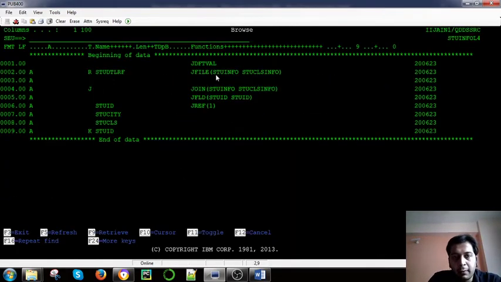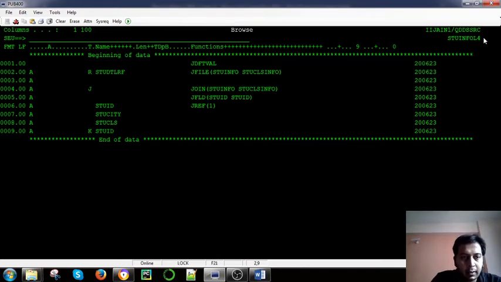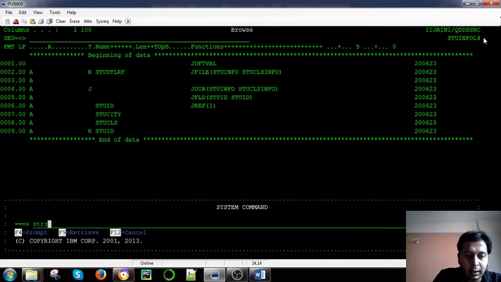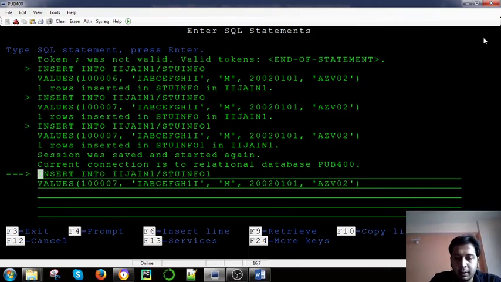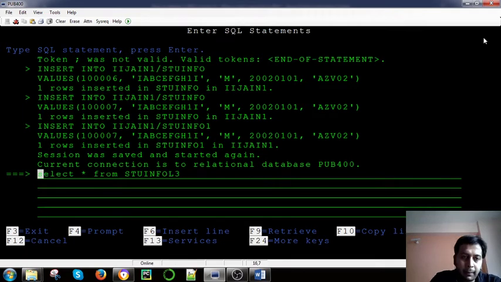And this is based on student info and student class info, right? Now suppose I want to run this query. Again, so what will come out? Shift F9. Okay, then I will take Shift F9 here, str_sql. So we can run the SQL from here also, right? And then F9, F9, F9, F9, F9.